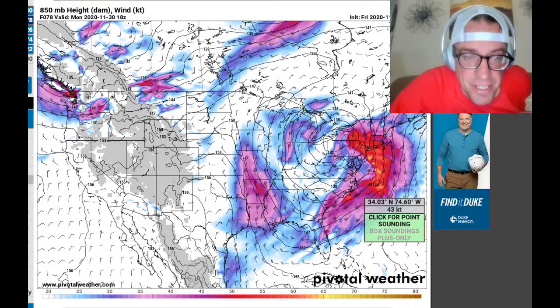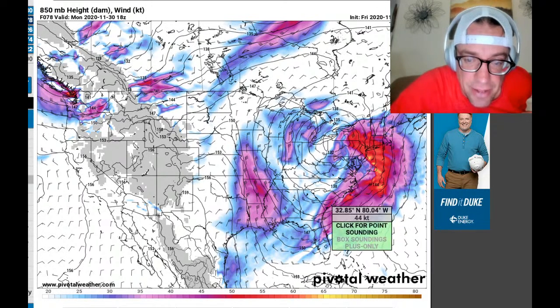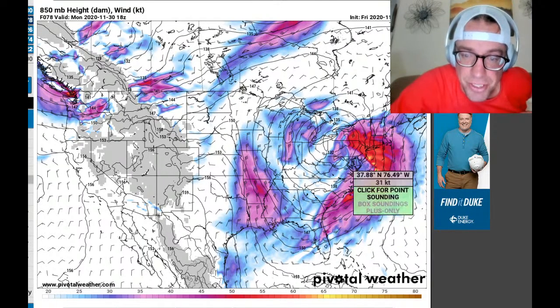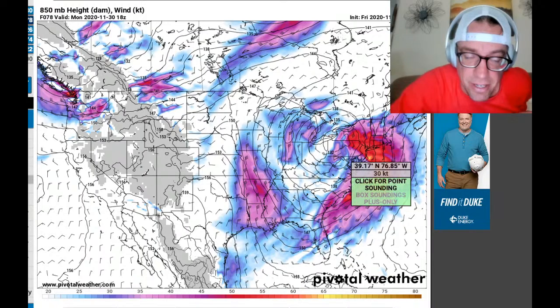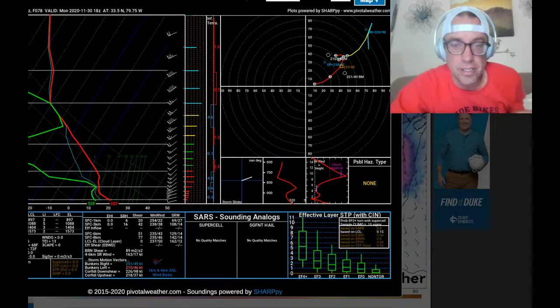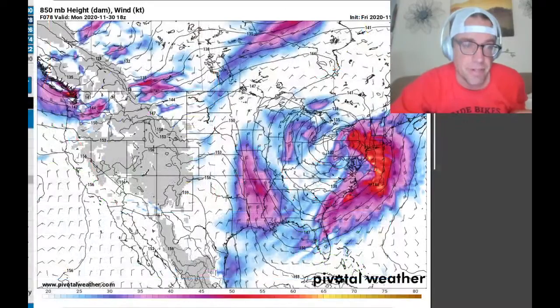The GFS shows the low-level jet basically focused across eastern North Carolina and eastern South Carolina, where there could be some severe weather. But I don't know if I buy this hole here in the low-level jet. This could easily be just a solid low-level jet across the mid-Atlantic region, down through the central and eastern portions of the Carolinas. The timing of that is going to be very key. Let's look at our forecast sounding here in eastern North Carolina. That is unfavorable there. Big elevated mixed layer coming in over top. I do think somebody's going to get some severe weather in this. I think the Euro is a bit more